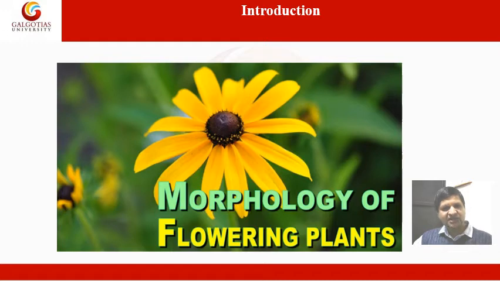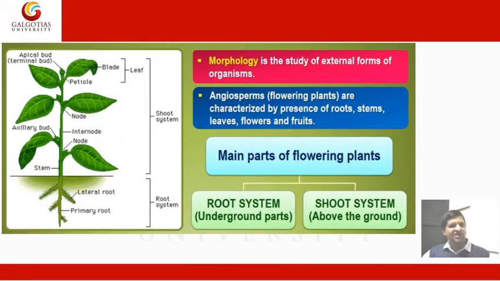This is one of the photographs I have taken, and it shows the very beautiful morphology of flowering plants. Now come to the morphology of flowering plants. In front of you, you have one plant and it is well explained. If you see the plant, in the root there are lateral roots and the primary root is also there. Then there is the stem, there is a node, and from one node to another node there is a gap. This is called the internode.